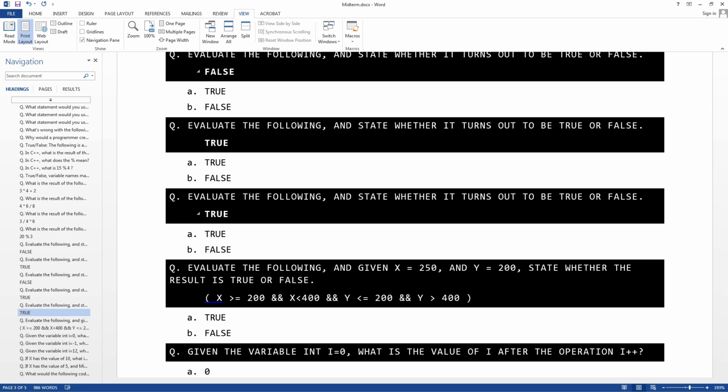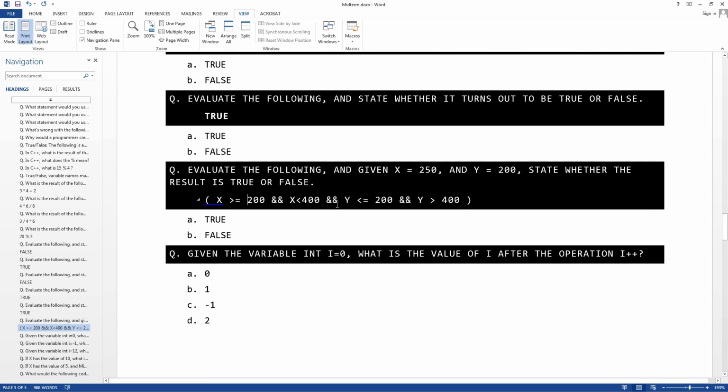This is a matter of reducing a problem. You guys ever do reduction problems in algebra? You take things and you make them smaller. Hopefully you had some amount of algebra. This is not even all about algebra. This is like taking a complicated statement and making it simpler. So in this case, I just gave you numbers, so you can literally put in numbers here. So x is 250 and y is equal to 200. I'm just going to plug them in.